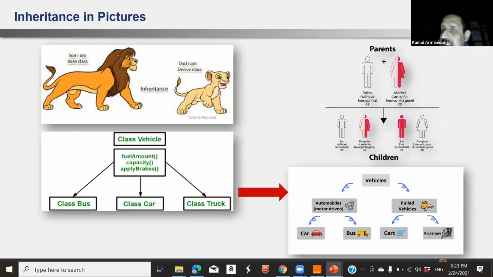It means that a function can exist in the base class, and the derived class is the child class, which is the son or the daughter, and the child can improve the function of the base class.